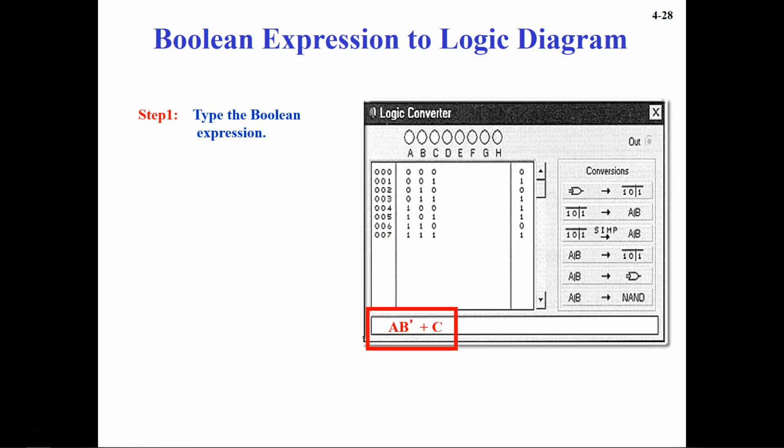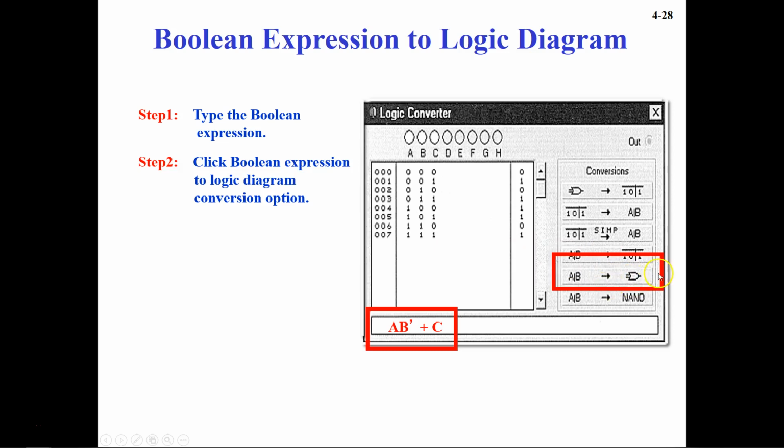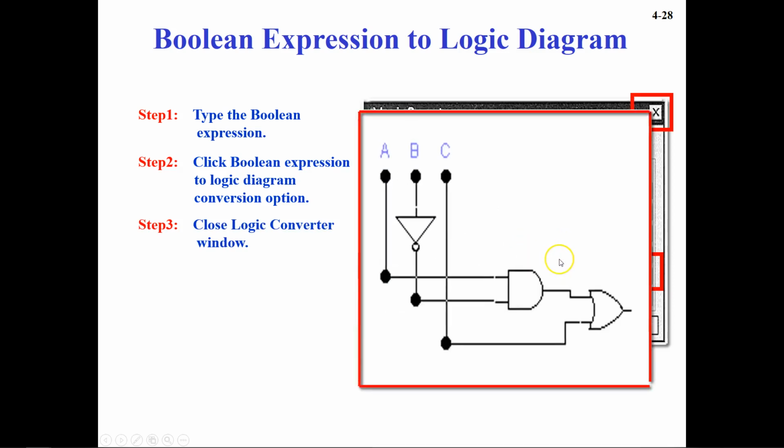Now try the Boolean expression. So now what we are going to do, we are going to click here, click on the Boolean expression, and we are going to convert the Boolean expression into something different. So let's see what we are going to convert. We are going to convert it into a logic diagram. Once you click on this option, first click on this option and then click on this option, then you are going to see the logic diagram. So after clicking there, you have to close the window, and then you will see the logic diagram for that